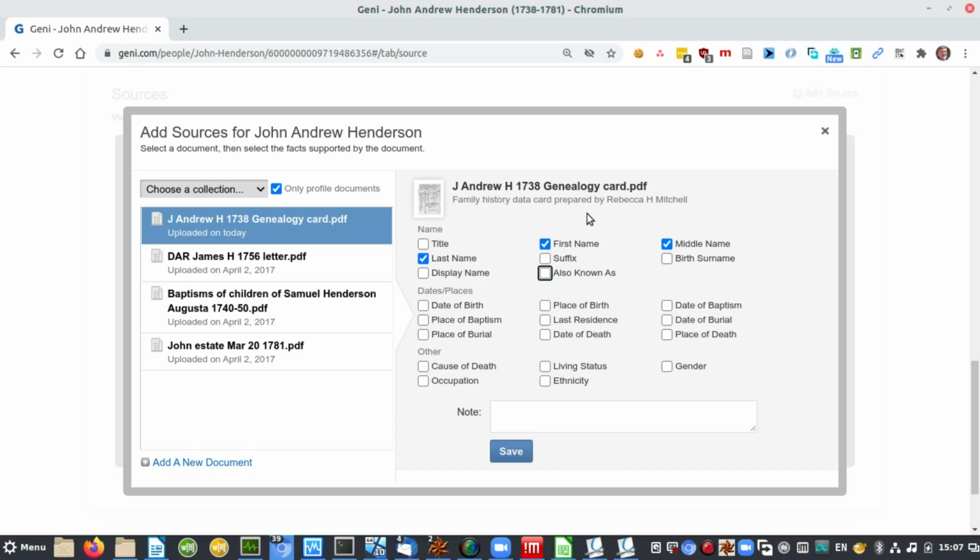If the document gives information about his display name, or what he's also known as, you can check those ones. This document gives his date of birth, tab, space, and his place of birth, date of baptism,